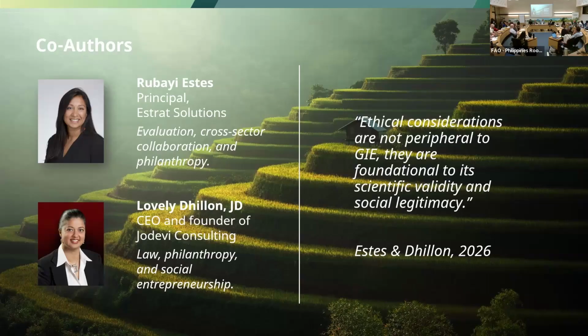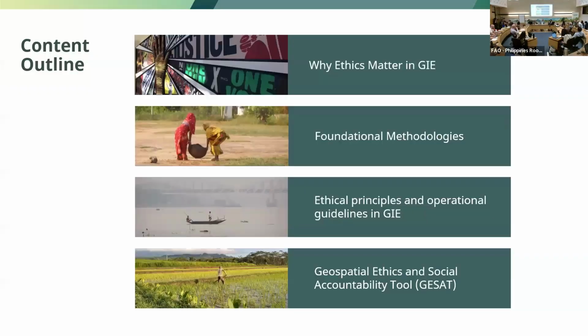Earlier today, listening to Sarah's presentation, to Eleanor's, to Vivek's, it's really interesting because I don't know if we are at a stage, with this ever-changing evolution of technology, that this rubric will not change tomorrow. So I really invite you to think through those. It's also based on 15 principles that was done with a GeoEthics conference, and we'll talk a little more about that. So the tool in itself is called Geospatial Ethics and Social Accountability Tool, or I'm going to refer to it as GSET.